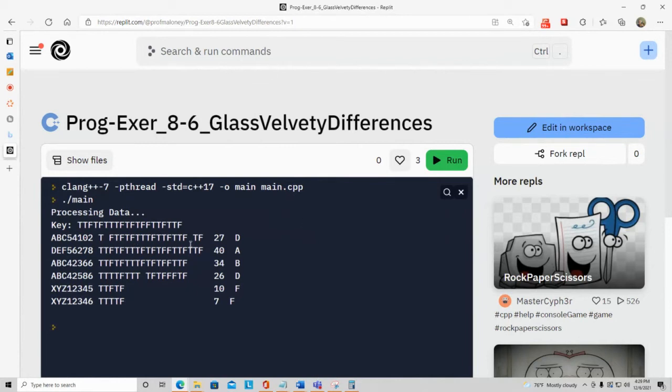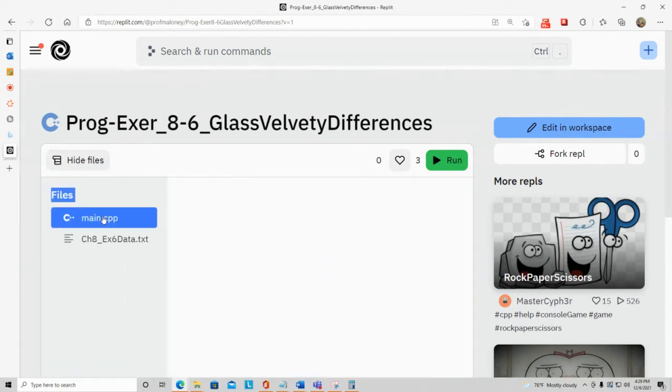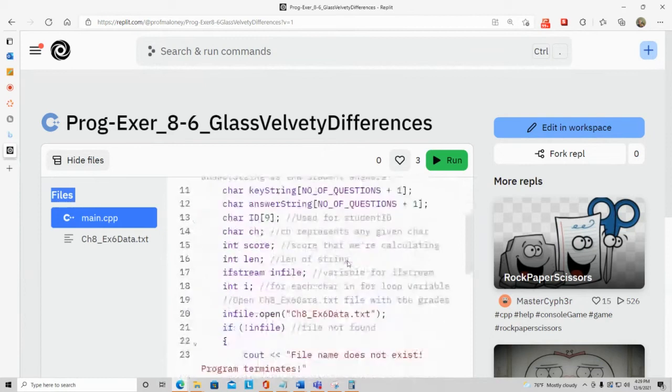So anyway, that's the way the grading takes place. All right, so that is that on there. Show files again, and main.cpp. All right, so